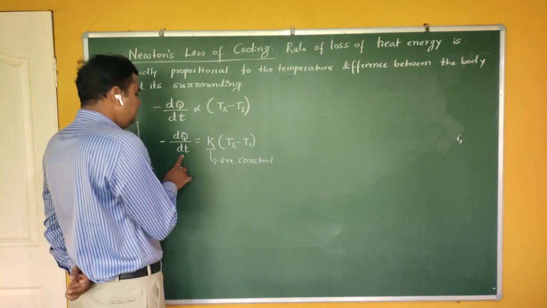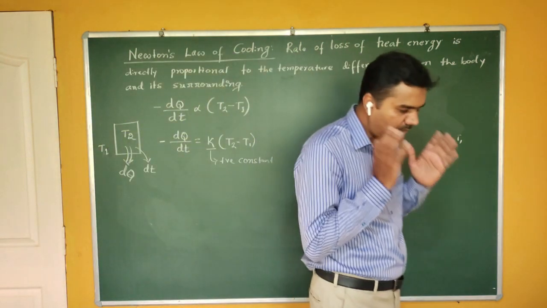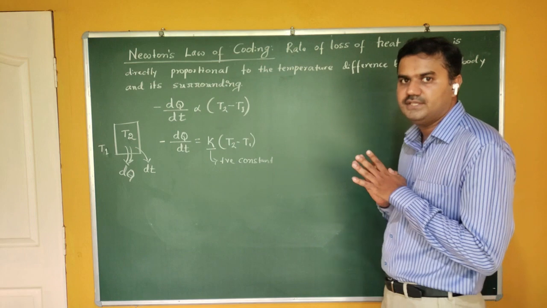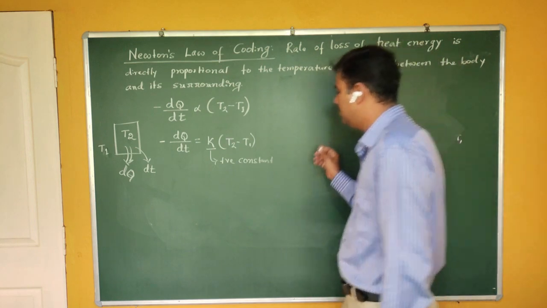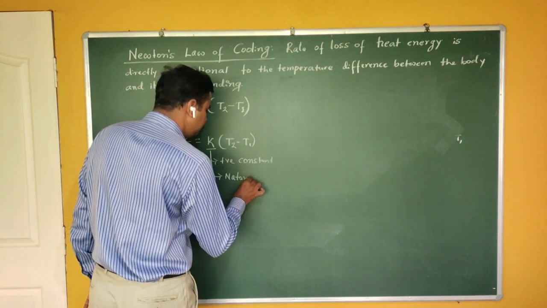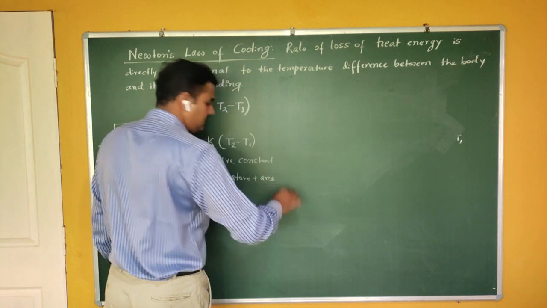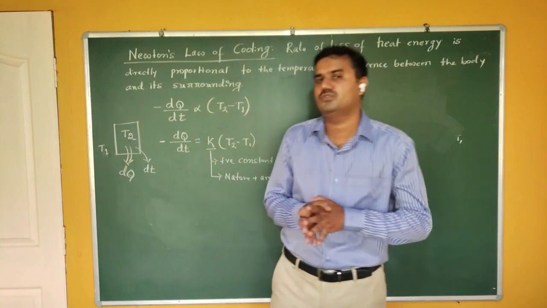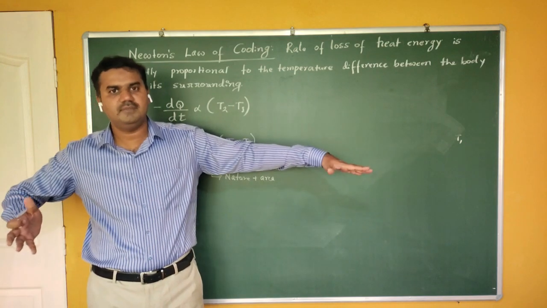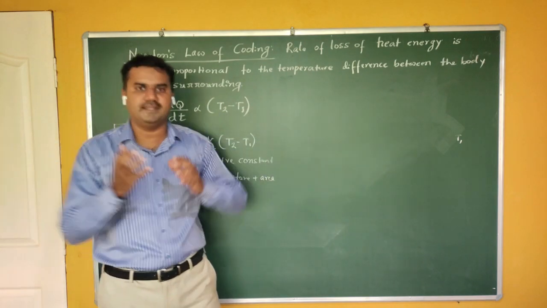And here you can see that the rate of loss of heat also depends on the k. If you make some observations in our day-to-day life, you can understand what is meant by k. So k depends on two quantities. One depends on the nature of the surface, and the second one is the area of the surface. If the area is more, then the loss of heat is also more. If you have more area, then there is more loss of heat energy because more area is exposed to the surrounding.